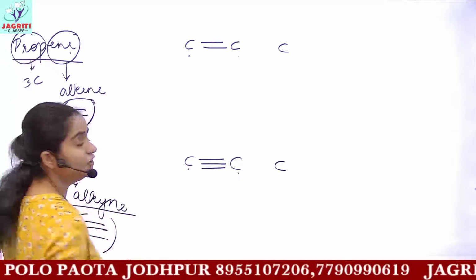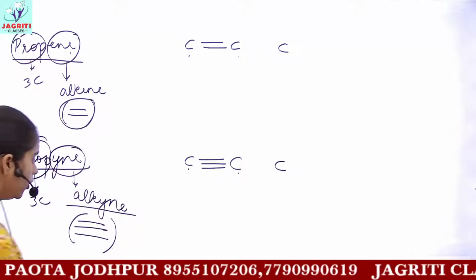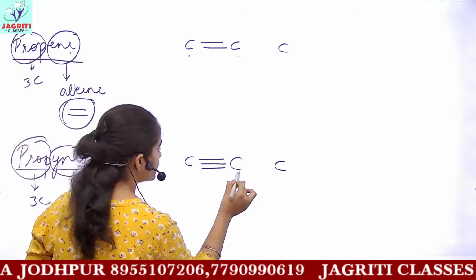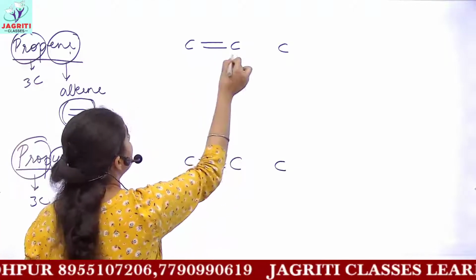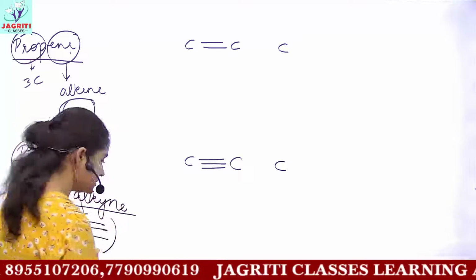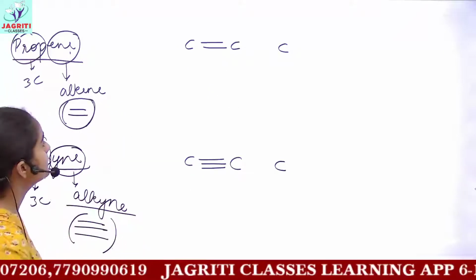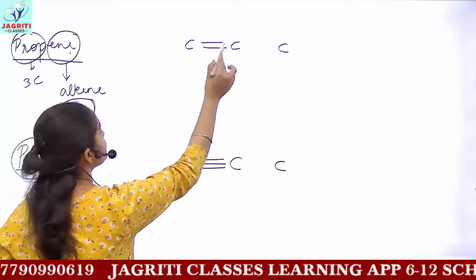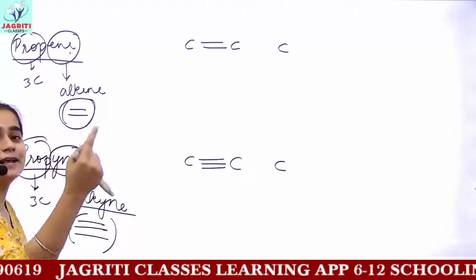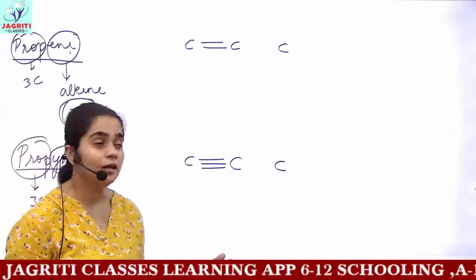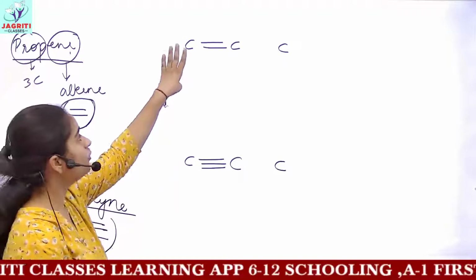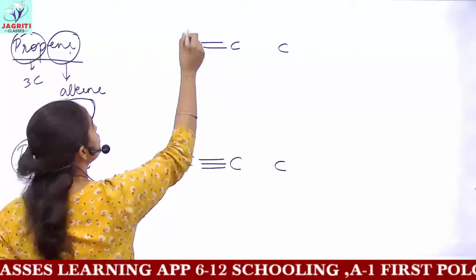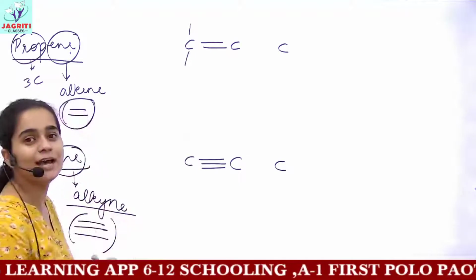I have made a triple bond between them. Now what? Next, you have to complete the valencies, which you did like in alkanes. Because this carbon is already bonded with 2 bonds to the next, how many valencies are remaining? Out of a total of 4 valencies, 2 are already used. So you have 2 valencies remaining.